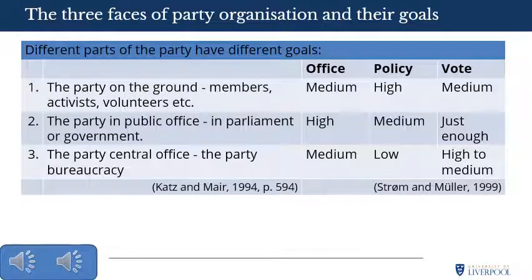The policy-seeking party aims to maximise their impact on public policy. Success in this realm is measured by a party's ability to change public policy towards its most preferred position or to prevent undesirable changes, although that's not always possible. Firstly, parties have to compromise on their policy goals in order to achieve office, especially in coalition negotiations. For example, the Liberal Democrats abandoning their pledge not to increase tuition fees, or giving up on their dreams of PR in order to go into a coalition with the Conservatives in 2010.